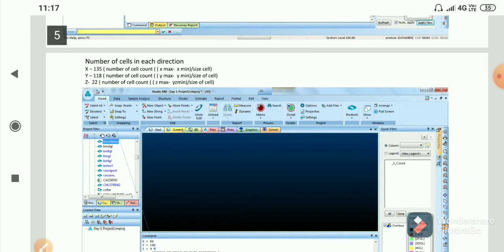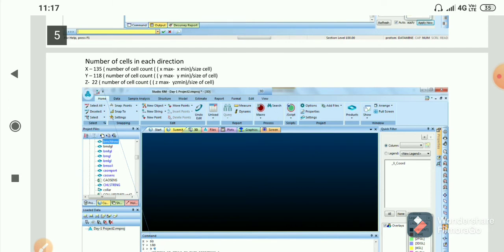The size of cell will be taken as 50 meter in X direction and 100 meter in Y direction, and for Z it will be 10 meter. Z maximum minus Z minimum divided by size of cell, and we will get the number of cells.